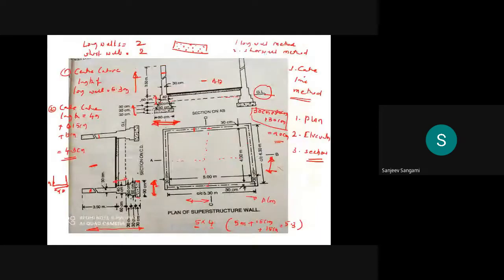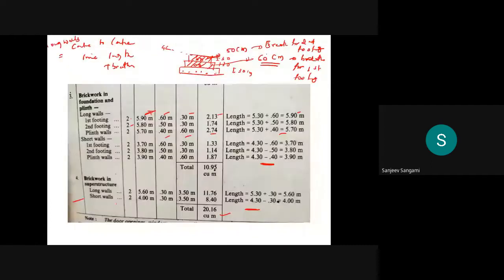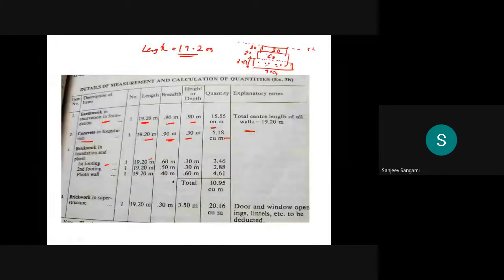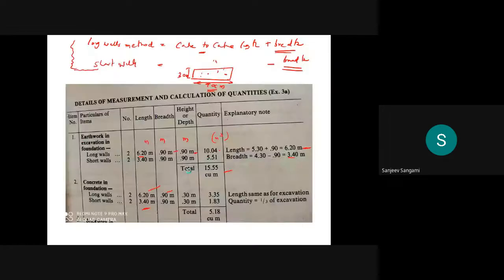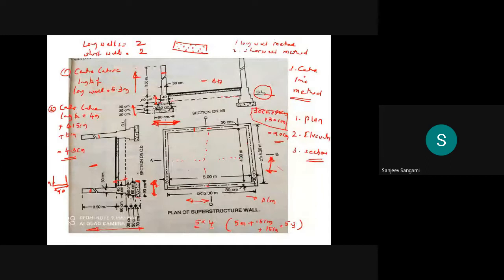According to the diagram, yes, it is 60 and 50. We have the plinth wall, it is 40. So above you have the plinth wall, that is 40,